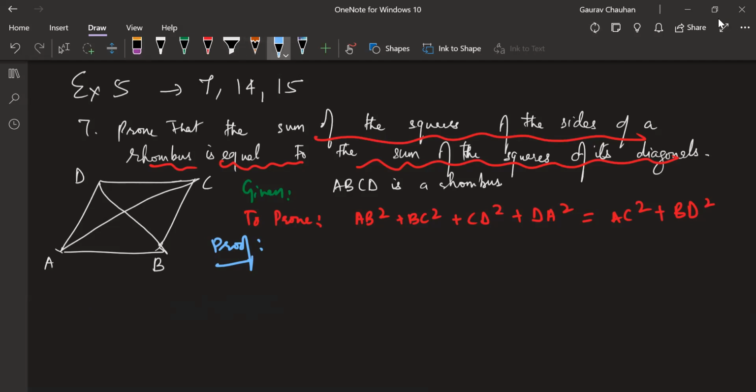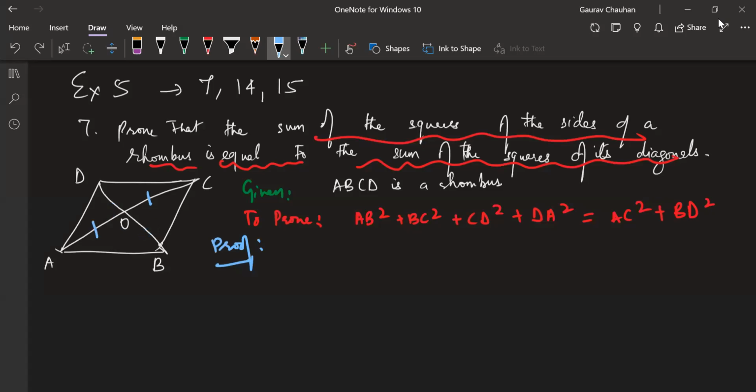Here the diagonals are of different lengths. So this green part and this green part will be equal, plus all of these four angles will be 90 degree. That's the conclusion: diagonals bisect at 90 degree. Everyone okay with this so far? Bisect means this and this. So let's mark the center point as O. AO is equal to CO, and DO is equal to OB. That's one thing: the diagonals are bisecting. Also, they are bisecting at right angles.